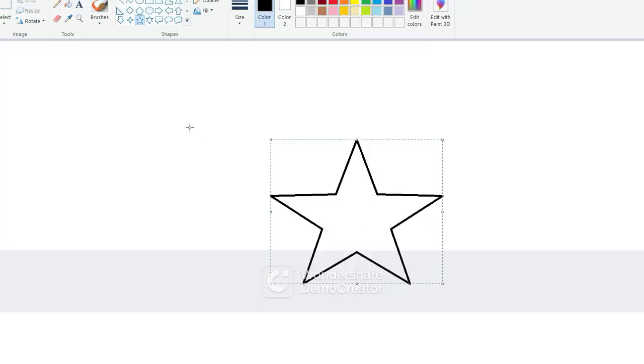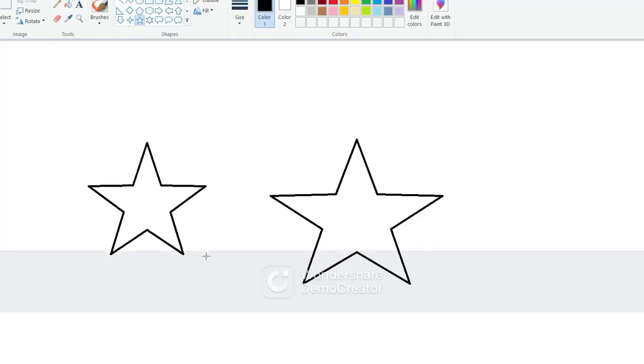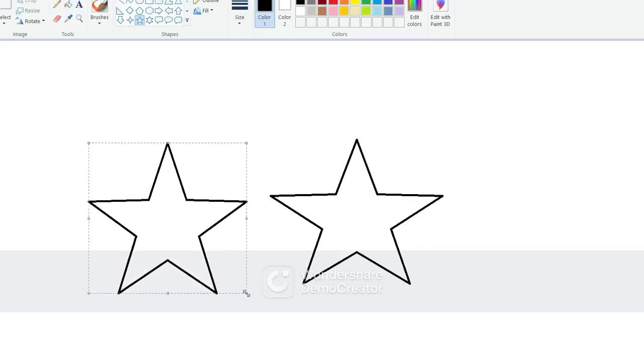One more time I am showing you, children. Look one more time. Suppose take the 5-point star. Then first step is, let us follow step by step. First step is press the left button of the mouse and hold the mouse and then drag, the selected image is going to be drawn. So like this you can draw any shape. So this is how you can draw any shape in MS Paint.